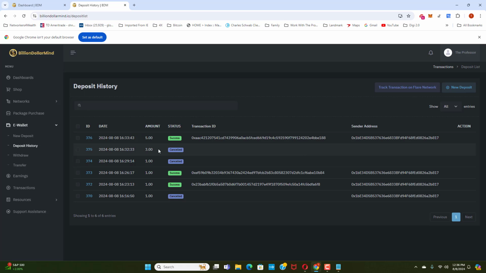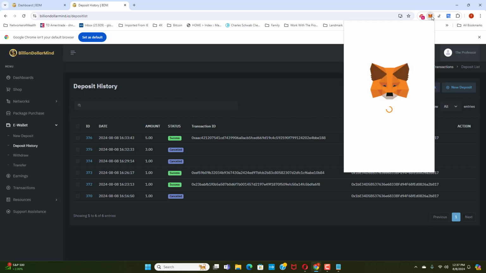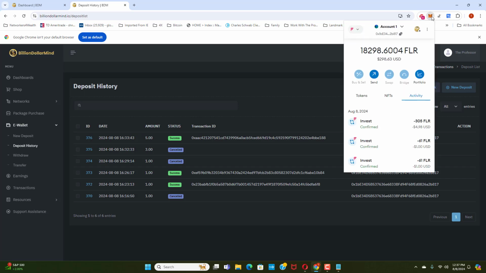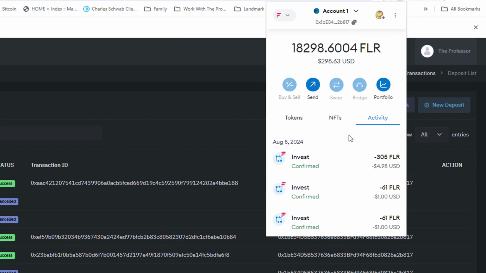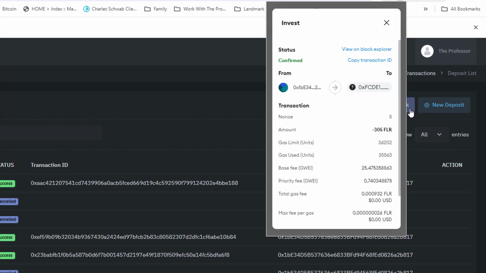Okay. So let's assume that you've got a pending transaction. Let's say that it was pending over here, and for whatever reason, the system's not reading a transaction ID, but you go to your wallet. This is why it's easier if you were to use MetaMask, at least to get started. I can help you out a lot more. And you look at the last transaction, you click onto it.